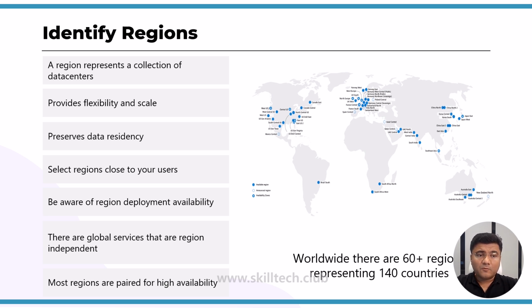Now you can see that we can select a region which is close to our users. So when you have 60 plus regions, do not get confused by this. You can select the region which is close to your users. Also, there are global services available, which are region-independent services. So basically there are a couple of services in Azure which are not limited to a specific region. Those are global services, and they can help you to load distribute and connect with a multi-region kind of deployment. Now, if you want to understand regions in depth, you should surely check out this link,